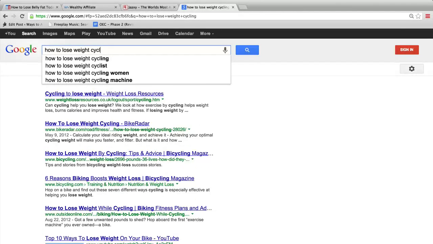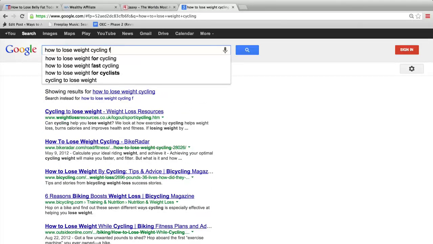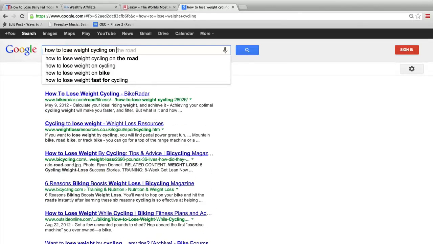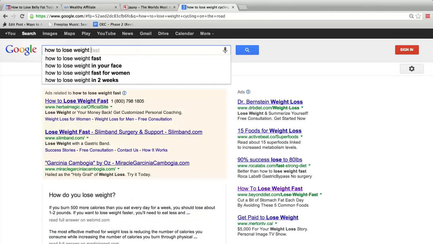like how to lose weight cycling, on the road, on the exercise bike, on the stationary bike. See, these are all terms I would have never come up with, but there were definitely people searching them in Google, because Google tends to show keywords that are getting searched the most within their Google Instant algorithm. So this is an absolutely brilliant technique for coming up with your initial concepts,